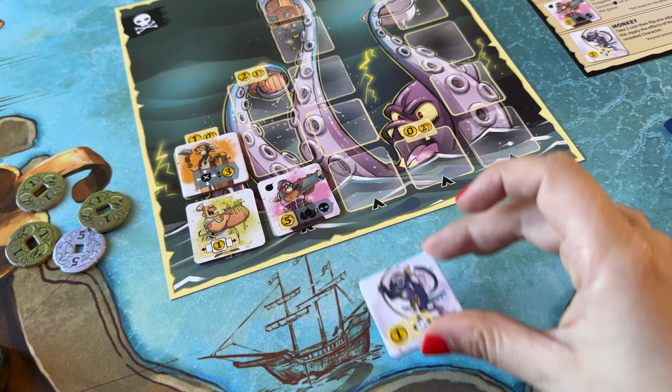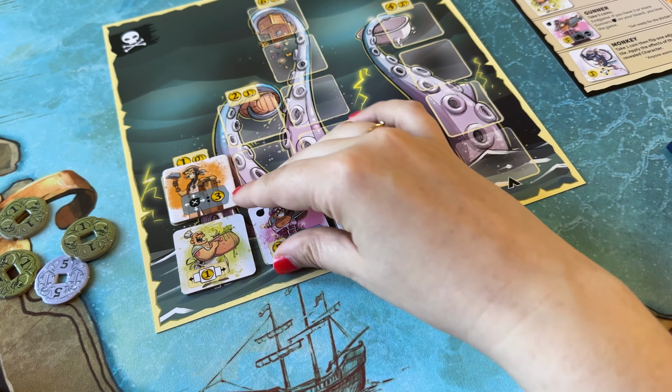So it really goes in that gamble. Are you going to flip it? Are you going to keep it? So it's interesting. Now, there's also a memory component, sort of, because there is a monkey, and if you play